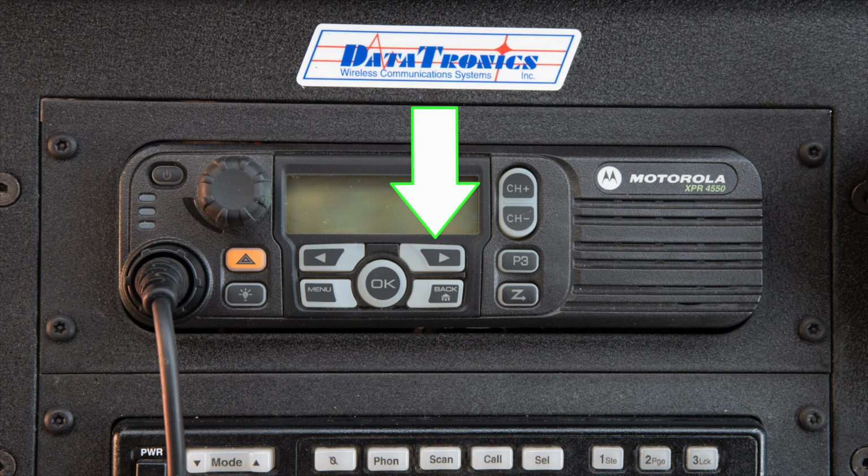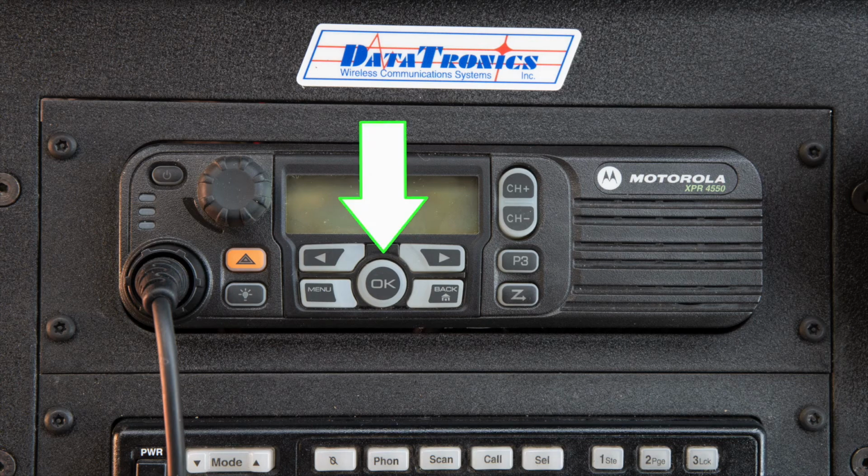To change zones, press Menu, then right arrow twice to Zone, press OK, then press the right arrow to scroll through the zones. There are 3 zones listed, however only the hazmat and interop zones have channels programmed. Interop number 2 is empty and cannot be selected. When the desired zone is listed, press OK to select the zone,